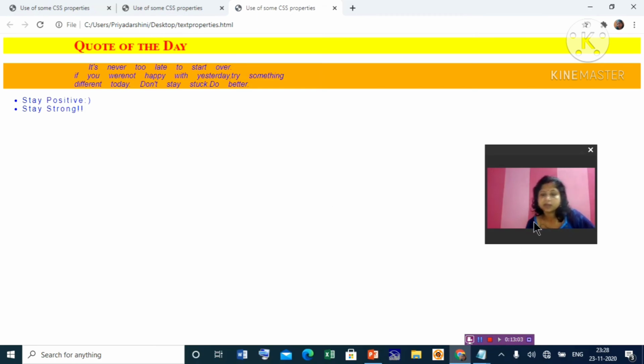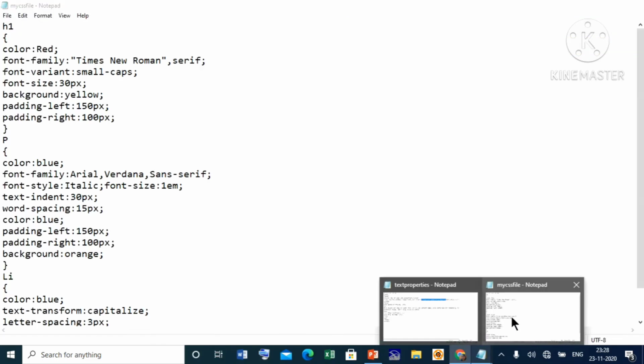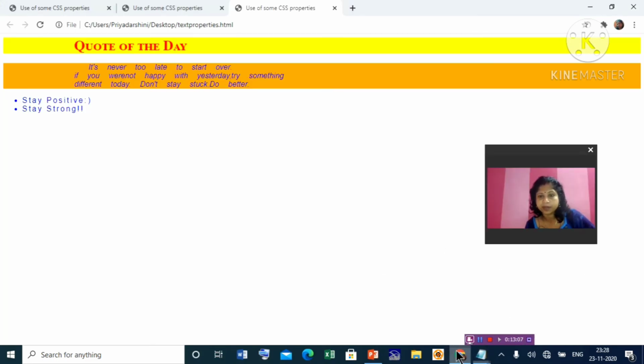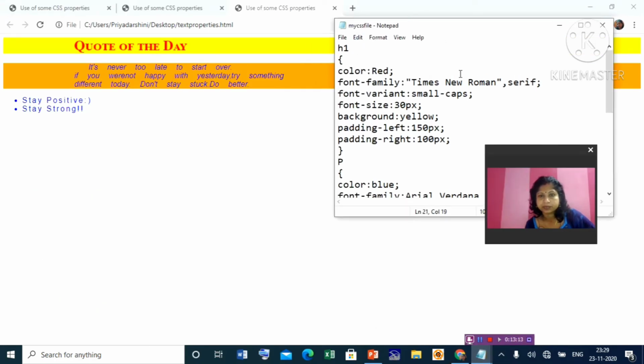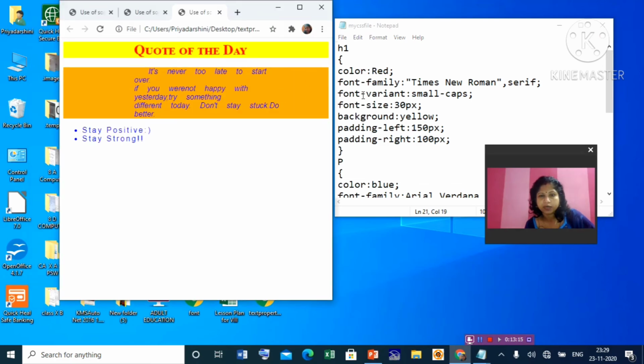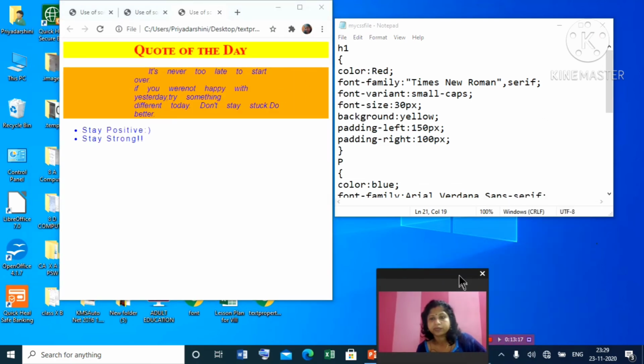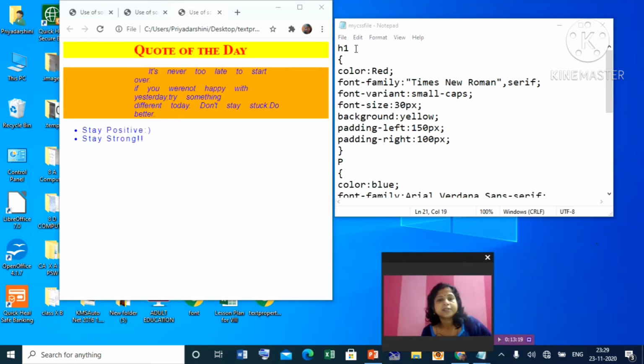You can see here, I am opening the CSS file along with this so that we can see both. For the heading, first see, color will be red color, so see here it is red color. Okay, font family, Times New Roman.